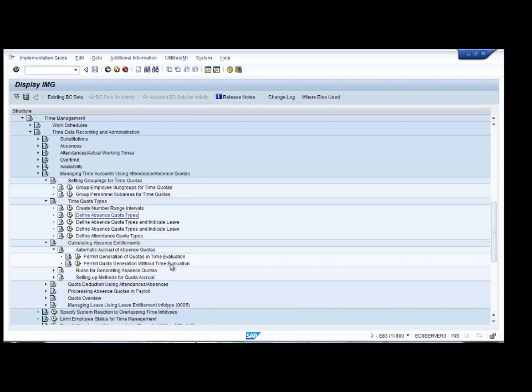What is time violation? In the slide I told you there is a program name called RT time TE00. So if you go with that method, you should tell the system that it should go with that method. If you do not want to go with that method, then also you need to tell the system that, hey, I don't want to generate the quota based on that particular report. I want to create the quota directly in info type 2006. Now let us click on this here.